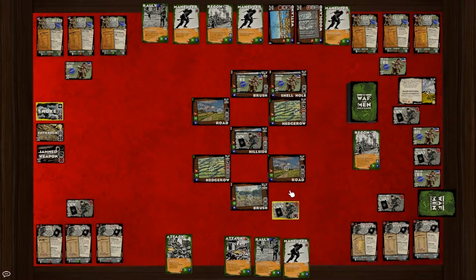Their first action was to move from the brush to the road because of the fast movement ability of the road, and then the instant action with the maneuver to get all the way into the hillside. That will end this fire team's turn, activating American Fire Team 1. American Fire Team 1 is going to